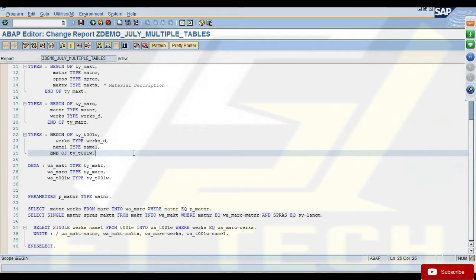That's the reason you can only fetch a maximum of one record at a time from the database, because the work area that you're using to save this information from the database can store only one record at a time. So that's why we have to depend on the select and endselect to process the data.